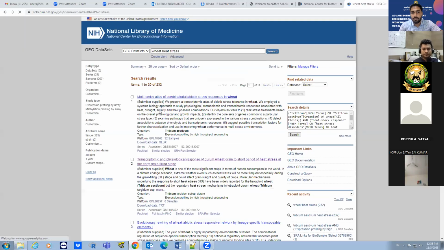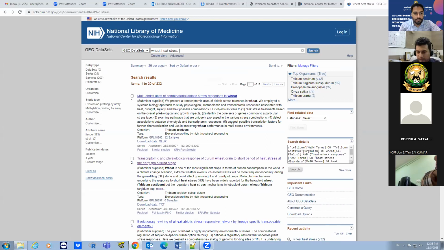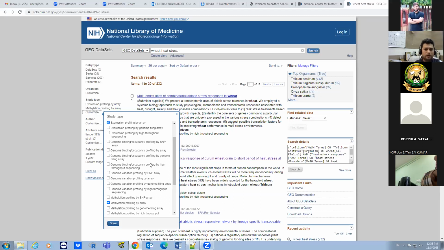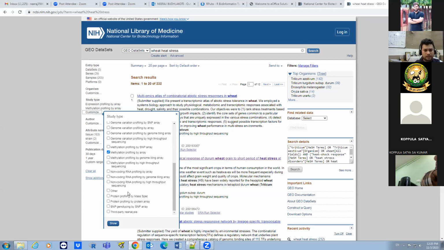Okay, I hope it is moving. Yes, sir, it is moving now. No issue. Good. So you can see the availability of datasets, series, samples, platforms, a number of things. If you want to restrict, suppose to expression profiling by array, methylation profiling by array, or a certain type of sequencing platform or technology, you can always select or customize accordingly.